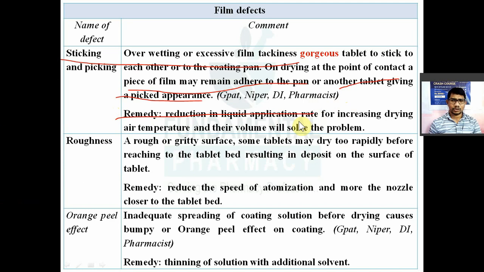जो कोटिंग फिल्म है, टैबलेट नहीं, कोटिंग फिल्म may shrink and pull away from the sharp corner of an intagliation or bisect, resulting in bridging of a surface depression। ड्राइंग के टाइम पे क्या होता है? जो फिल्म है वो थोड़ा सा श्रिंक हो जाता है, कॉन्ट्रैक्ट हो जाता है, वो पुल अवे हो जाता है फ्रॉम द शार्प कॉर्नर, जैसे मोनोग्राम, intagliation or bisect, resulting in bridging of a surface depression। रेमेडी क्या है इसके लिए? चेंज और इंक्रीज द प्लास्टिसाइजर कंटेंट, प्लास्टिसाइजर कंटेंट बढ़ाना है।